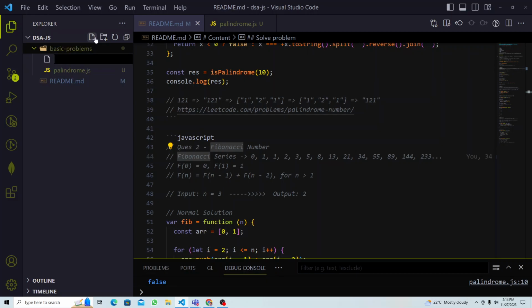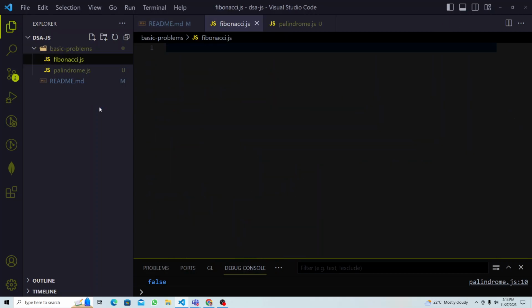So why is this important? Why are we talking about all these things? Because these things will improve your JavaScript and your logic building. This is a simple one, but in the beginning stage of your interview, sometimes a company can ask you to solve one or two problems just to test your JavaScript